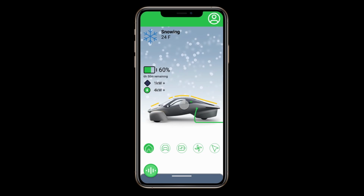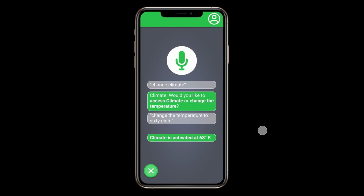And of course, what I feel is a really big part of this, and this is something I would love to see more of, is the voice assistant. It won't matter what screen you're on. The voice assistant is easily accessible. Just by tapping on this here, you'll be able to ask the voice assistant different things. And this will do more than just attempt to read what you say and then search for what you might want. It will function more like a bot assistant that you might use if you're asking for help with, for example, Verizon or